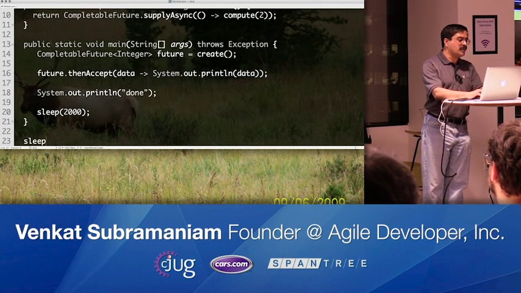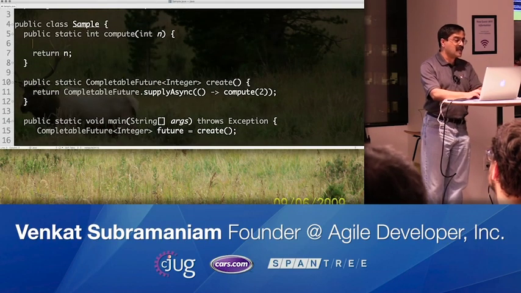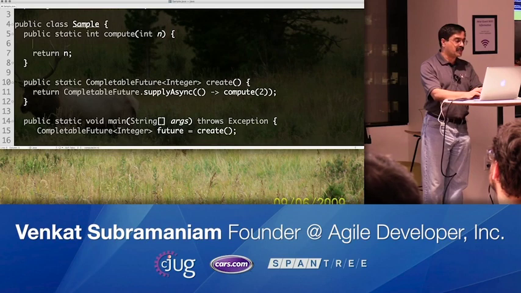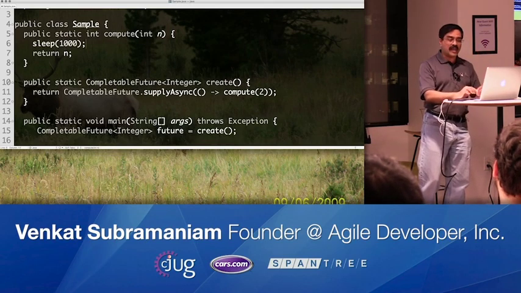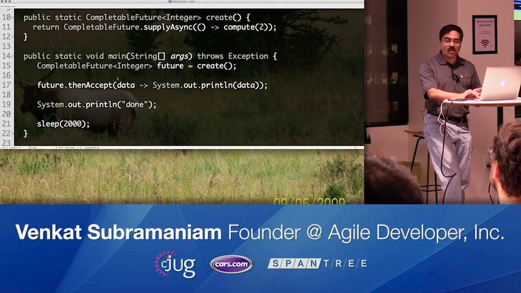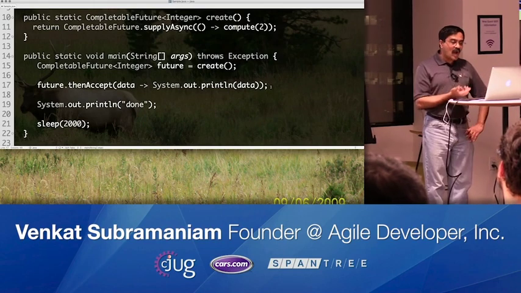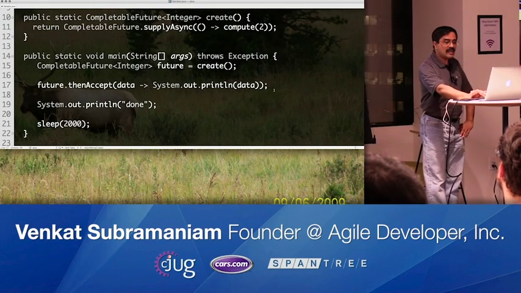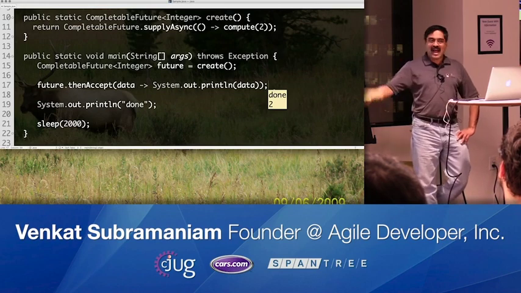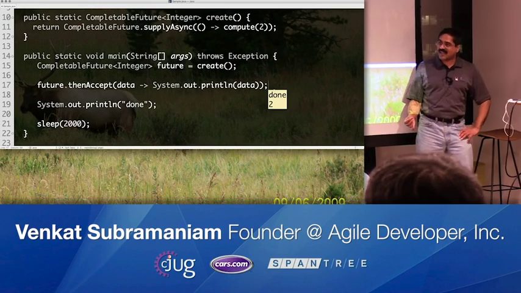And now what I'm going to do here is I will pretend that this is a task that takes a little bit of time to execute. So I'm going to sleep for about 1 second over here and execute that code. Notice I did not change anything here after all. But when I run this code this time around, notice the output that you're seeing right now. It says done first and then it says two. That's a proof that it's actually non-blocking, isn't it?